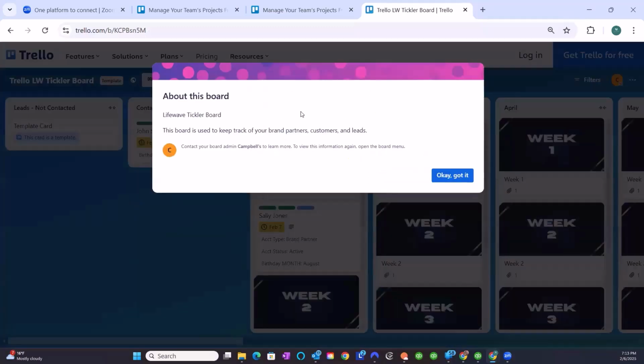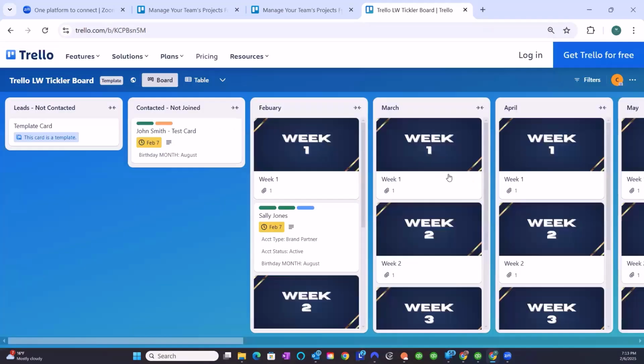You're going to get something like this that pops up on your computer and even on your phone that talks about this template that you just clicked on and what it's for. And it says, oh, it's about keeping track of your brand partners, customers, and leads. So on your phone and on the computer, go ahead and say, okay, I got it. And it's going to look like this. So your screen should look like this on the computer. You have the option to log in or get Trello for free. It's going to look similar to that on